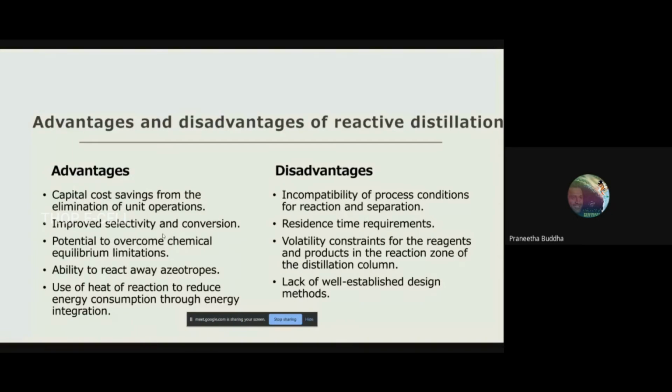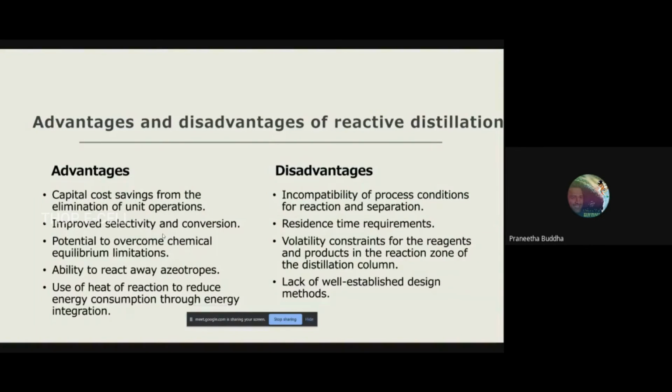Advantages and disadvantages of reactive distillation. The most attractive features of reactive distillation are improved selectivity and conversion, as the side reactions and unwanted reactions are suppressed, increased yield due to overcoming chemical and thermodynamic limitations, ability to react close boiling point compounds or azeotropes, reduced energy consumption through direct heat integration in case of exothermic reactions, and capital cost savings from the elimination of unit